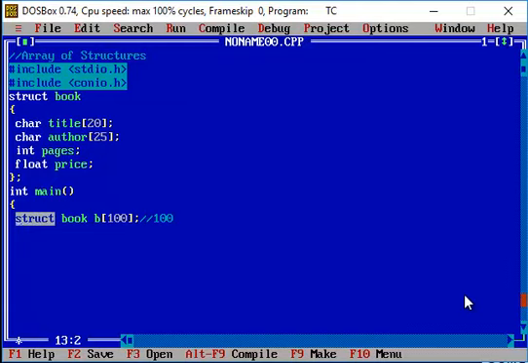Very simply, we are making use of a variable followed by the name of the structure, and before that we declare the data type of the variable. So it means that B is a structure variable of the data type structure, and it can hold 100 records.